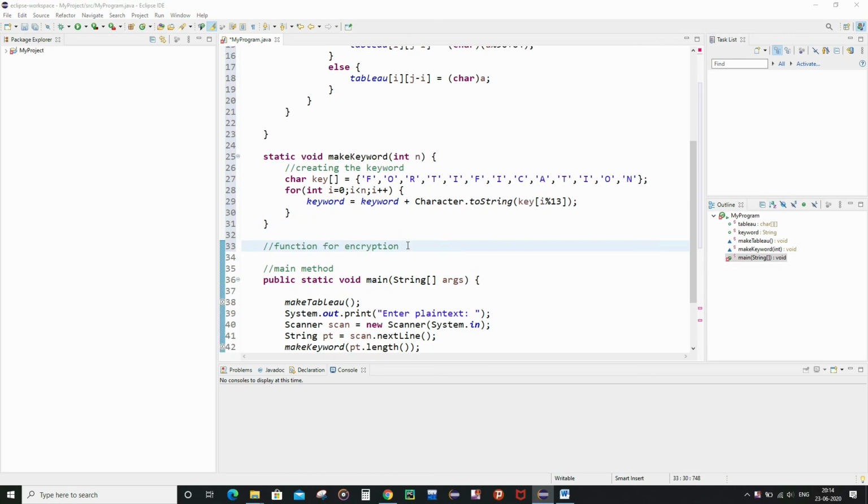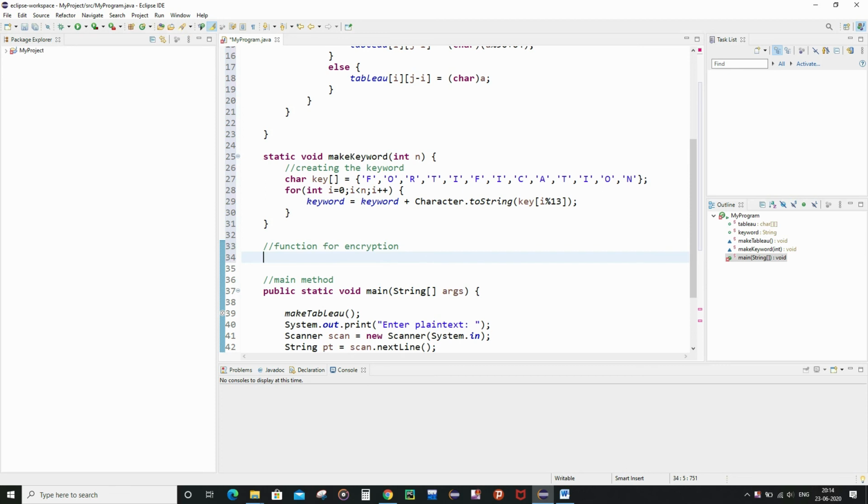Now I am going to write the function for encryption. Basically this function is going to return a string, so static string, and then the name of the function. It will accept one parameter, that is the plain text, which is a string variable.